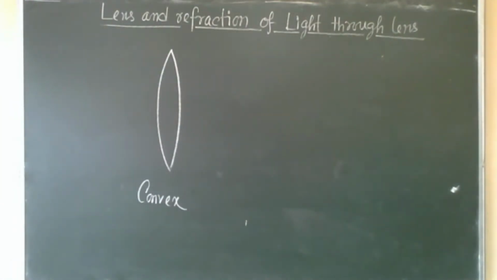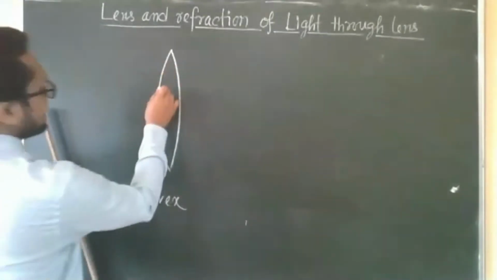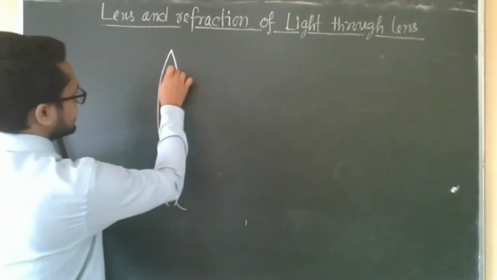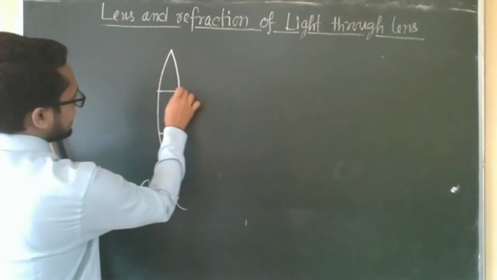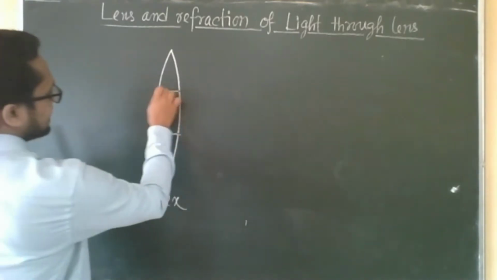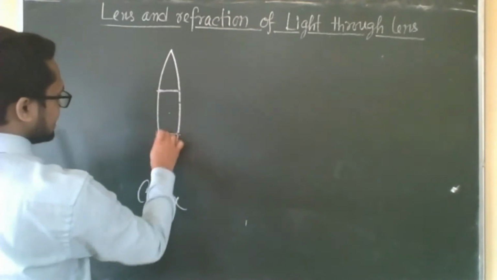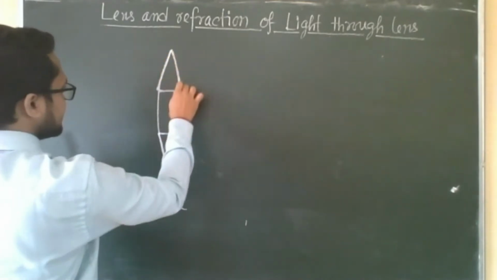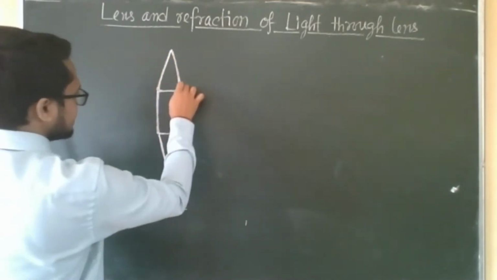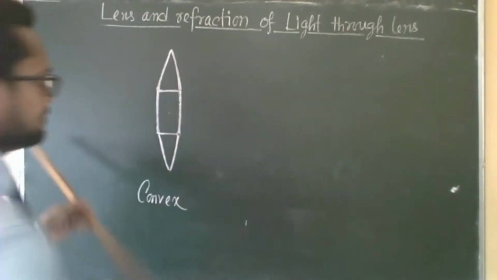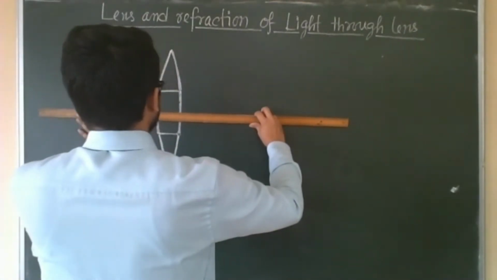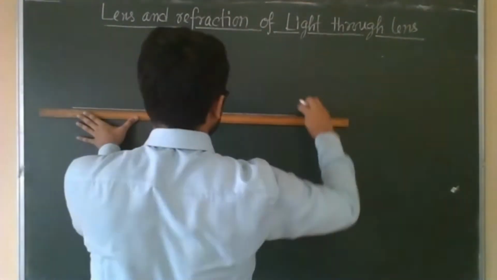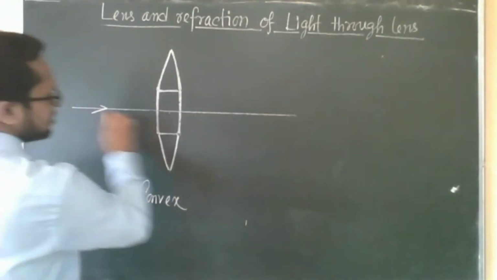If I break this lens into three parts, this is the first part, second part, third part. In the three cases, you can think this one is a base, or this one looks like a prism, and this one looks like a slab. If we draw three rays, the ray passing through the slab at normal incidence will have no deviation. It will go undeviated. We all know that.